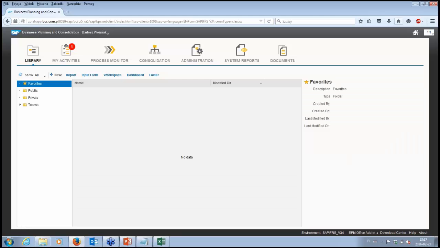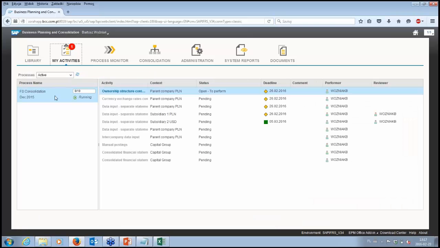So this is my work. This is my welcome screen from the web browser interface, and I can see this is the library for, let's say, storing documents, but the main position for today's webinar is my activities.